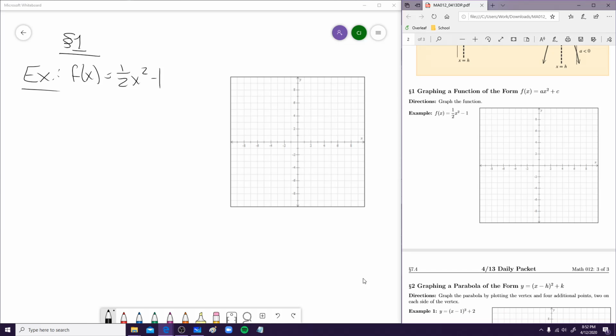Alrighty. Now, after my super long spiel about how to graph a parabola, let's go ahead and graph the following function. f of x is equal to 1/2 x squared minus 1. So I'm going to talk about two ways. The first way is just going to be the most straightforward one, and that is plugging in